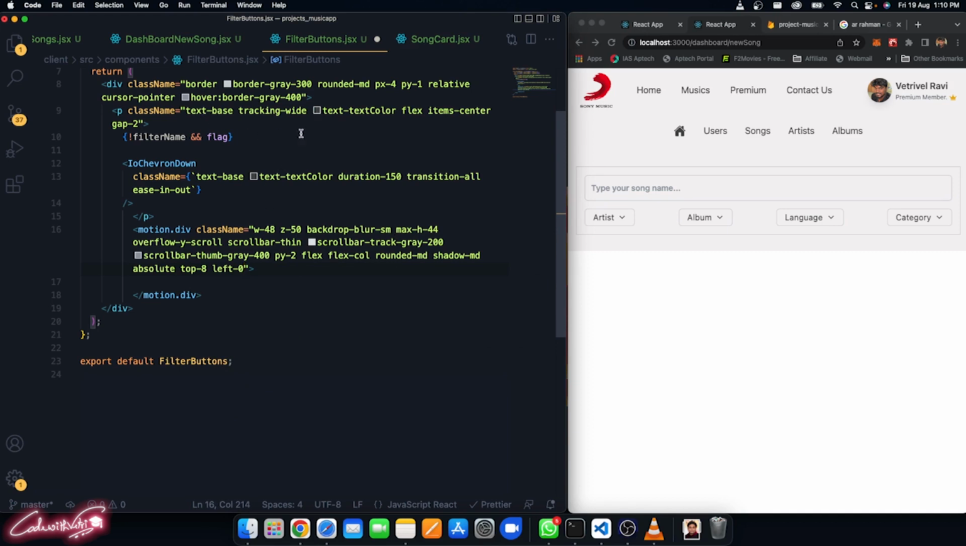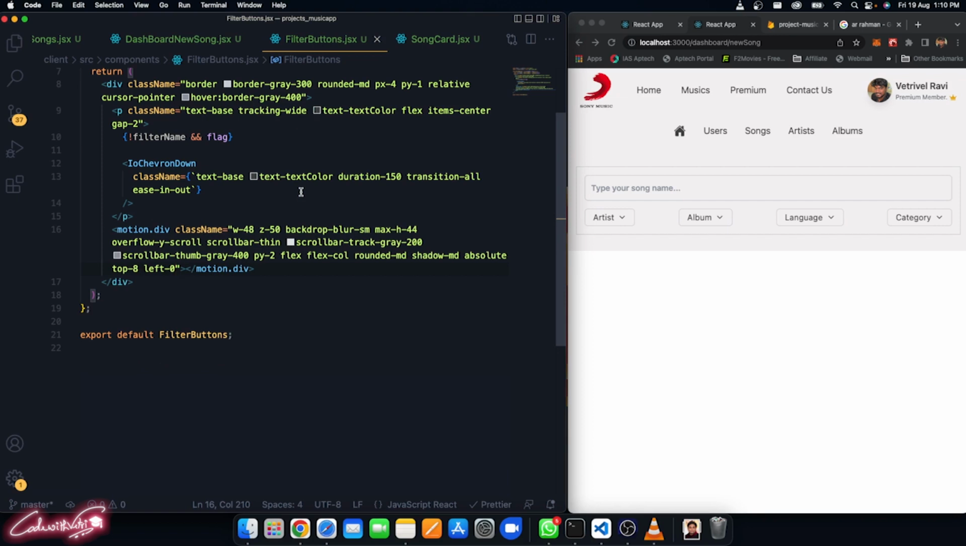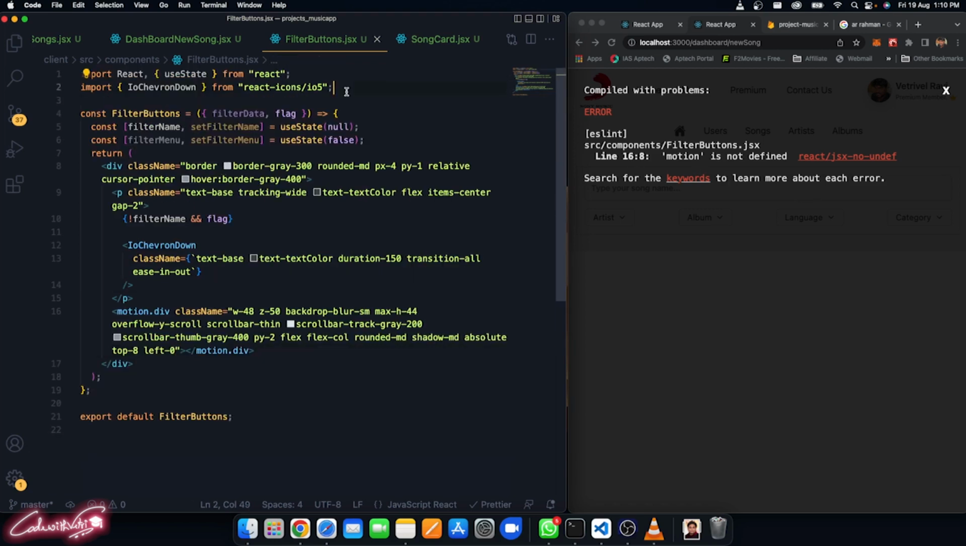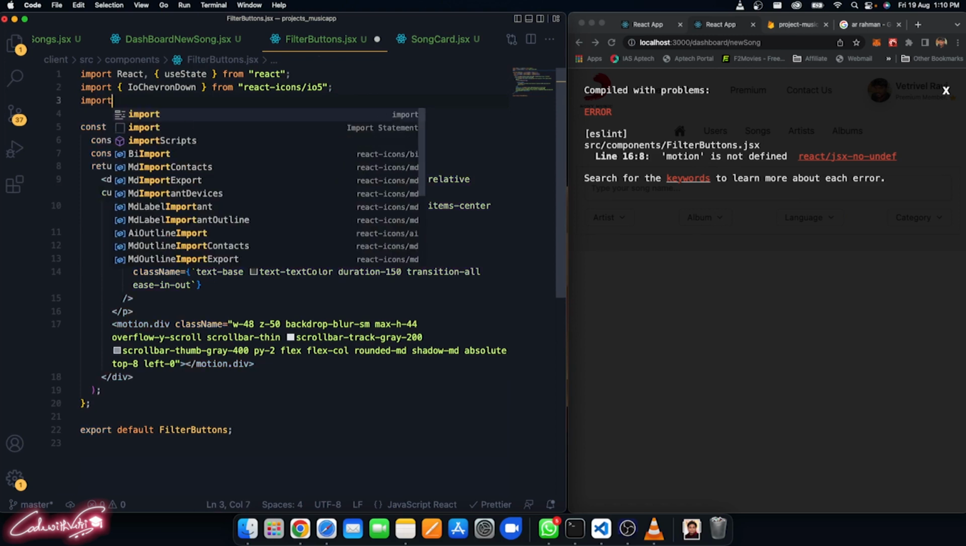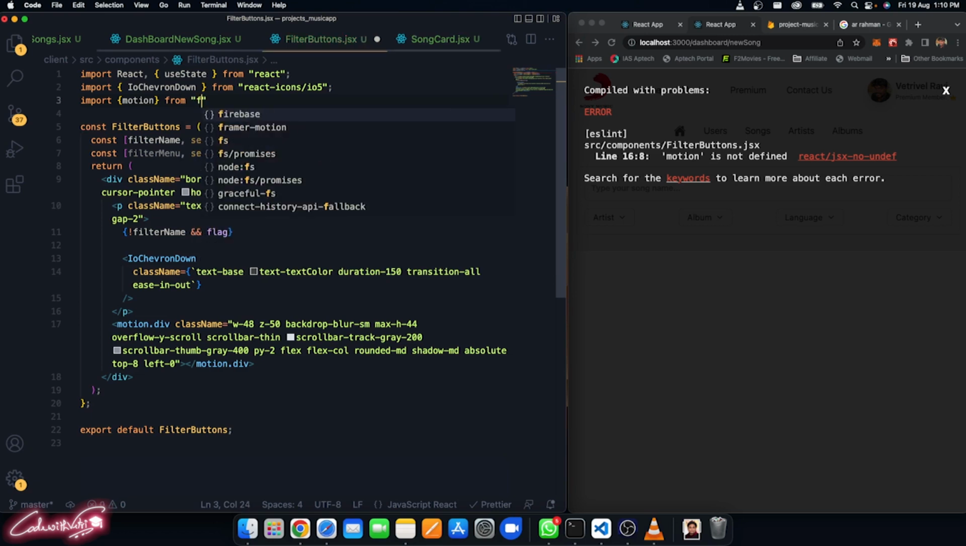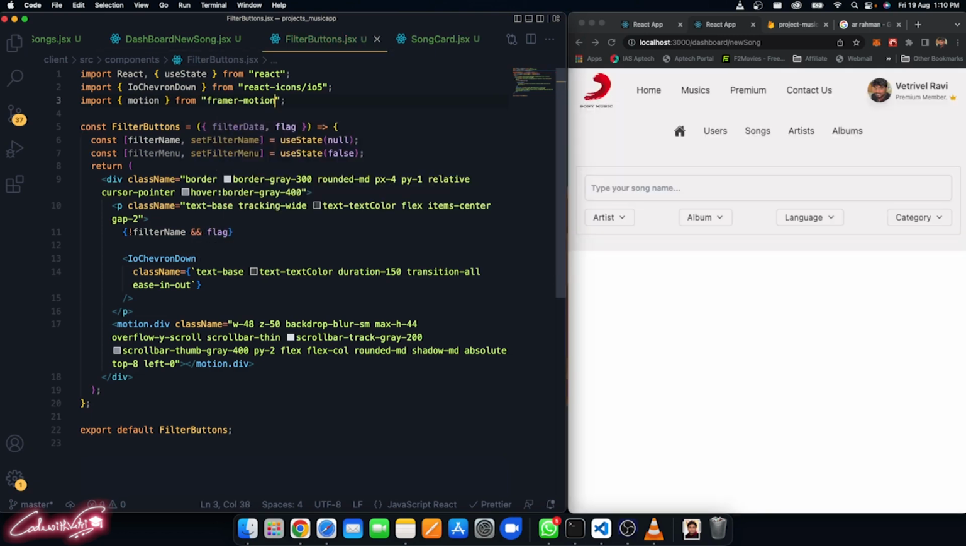So save the changes. Okay, so that menu option will be displayed. Motion is not imported, that's the reason it's showing an error. So you can import that one, import motion from framer motion, save the changes. Now that error will not be there, and you can see it does have this nice button at the bottom. You can see some division is underneath it,